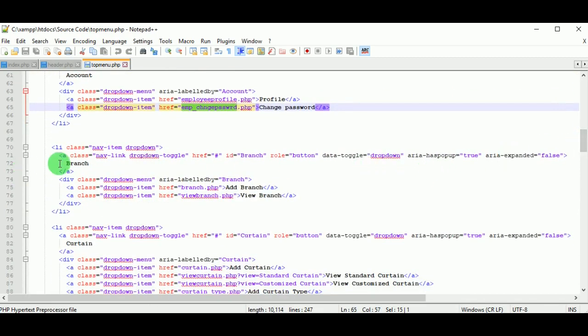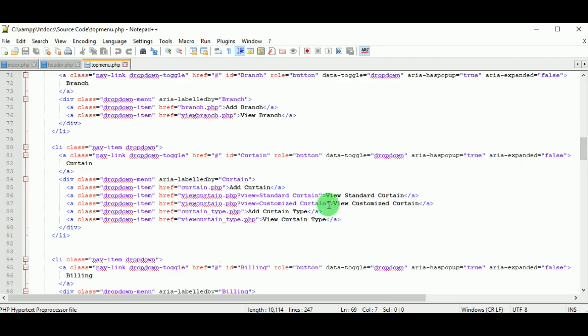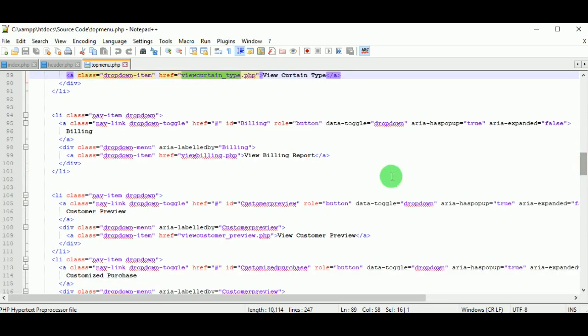Then there is a branch menu where the admin can add a branch and view a branch. Clicking on add branch will redirect you to branch.php, and view branch will redirect the admin to view branch.php. Next is curtain. In the curtain menu: add curtain, view standard curtain, view customized curtain, add curtain type and view curtain type. So these are the different menus with different PHP files.